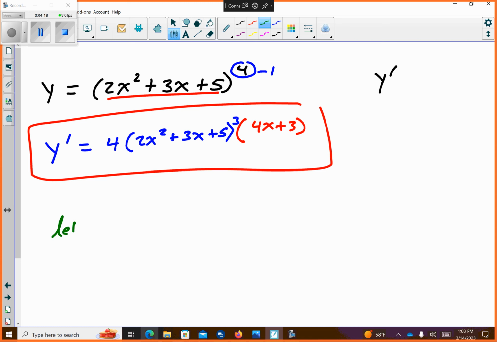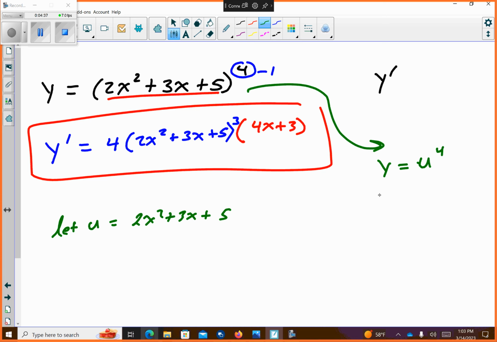They'll say, let u equal, in this case, 2x squared plus 3x plus 5. Okay? And so that means that if you replaced u on this, you'd get y equals u to the 4th. Take the derivative of u to the 4th. You get 4u to the 3rd. But then you have to realize you have to figure out the derivative of the inside. So you could plug u back in, but then you have to take the derivative of the outside. So this is a process that they would do in